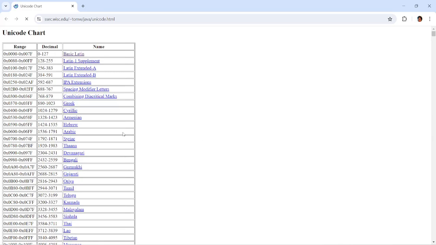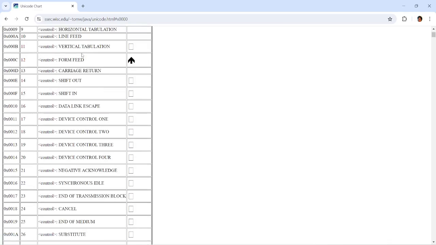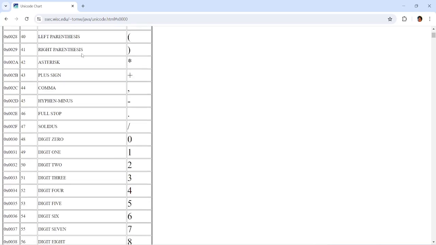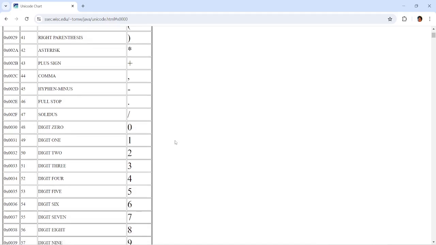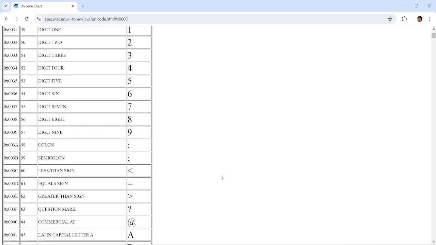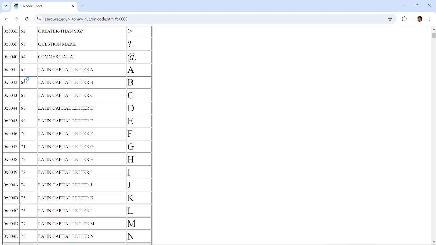Basic Latin is the first 0 to 127, which is the ASCII code. And let's go down. Unicode characters, we know a little bit about them. Starting from 48 is 0, and then ending at 9, that is 57. We know this part. And capital letters 65 to